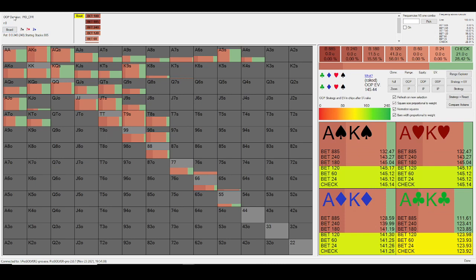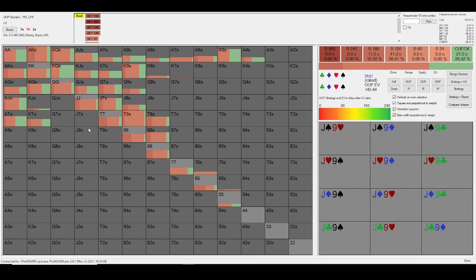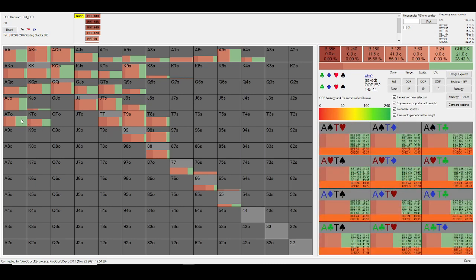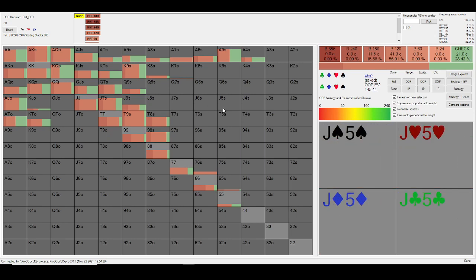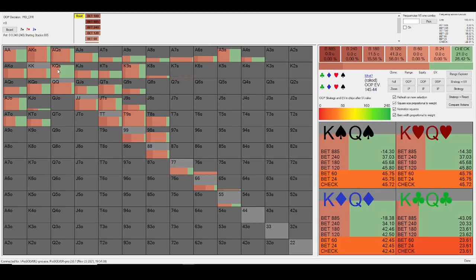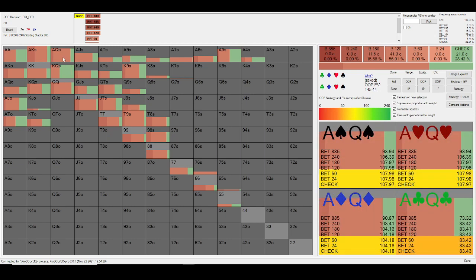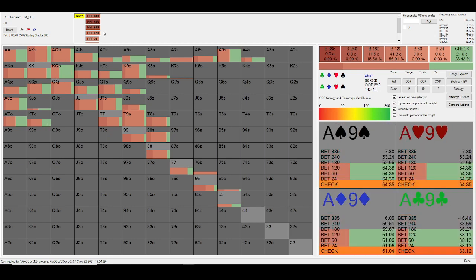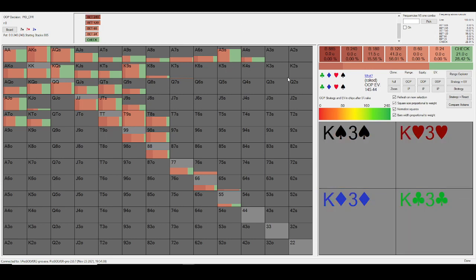What you'll notice is that there's a lot more lower offsuit hands like king 10 off, ace 10 off, ace jack off, king jack off, king queen off. Most of the king queen suited. And then you'll notice a slight deviation in strategy here, which is basically that the small blind,